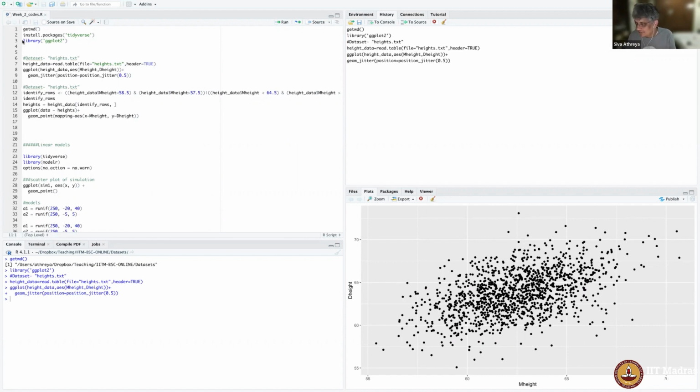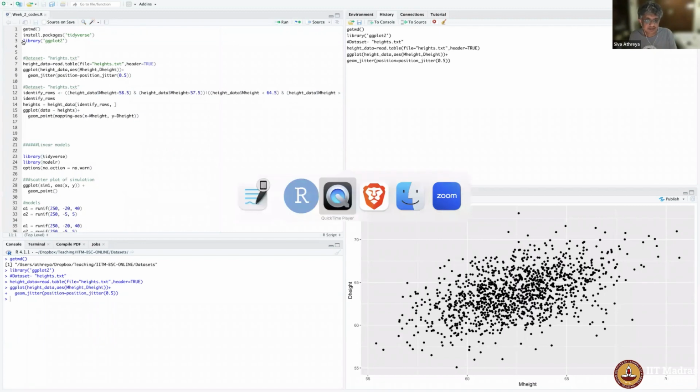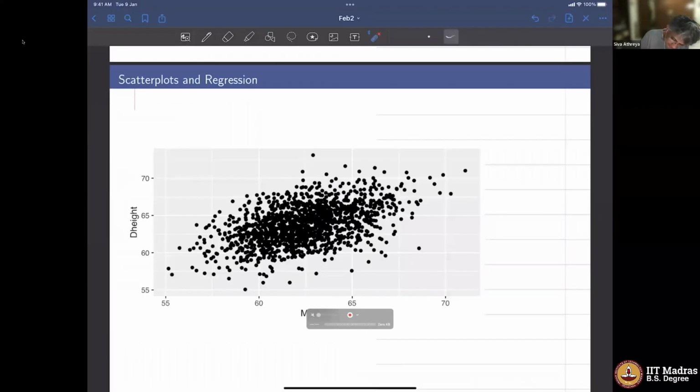So this is a scatter plot of the famous data set by E.S. Pearson. Let me go back to my notes. So this is what you're assigned from the code. This is a data set collected, I think, in the 1890s, going back to the era of 1893 to 98. In that era, there was a person called E.S. Pearson